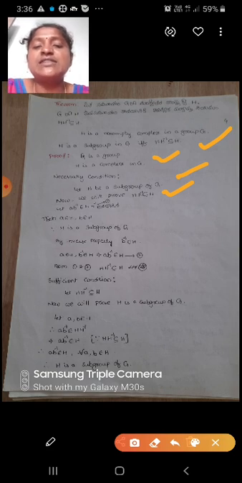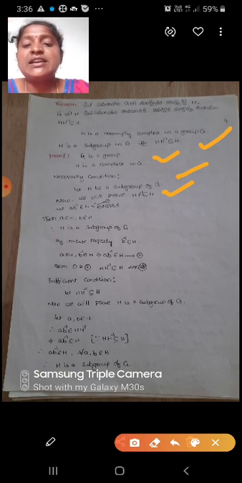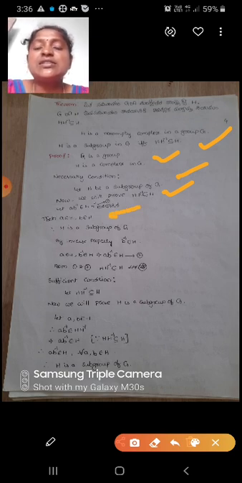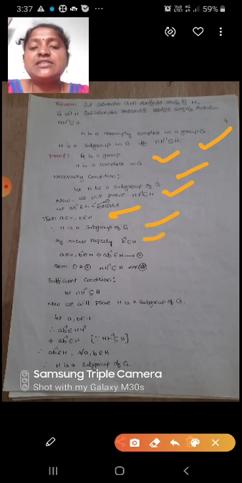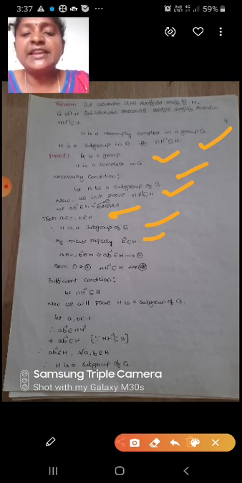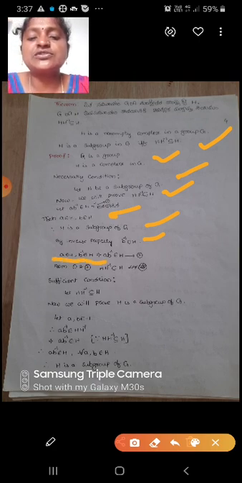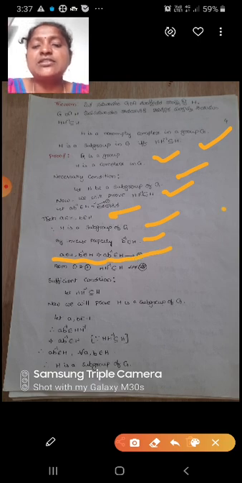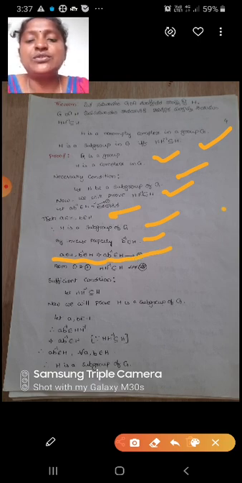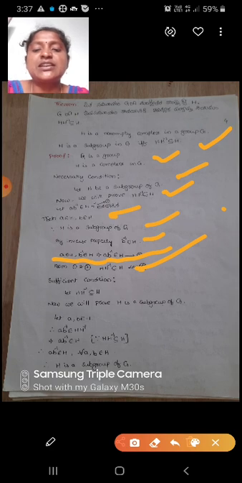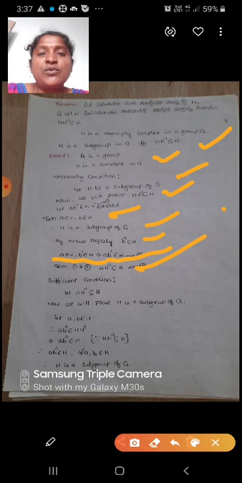Let AB inverse belongs to H into H inverse. So then A belongs to H, B belongs to H. Since H is a subgroup of G, by inverse property B inverse belongs to H. A belongs to H, B inverse belongs to H implies AB inverse belongs to H. From 1 and 2, H into H inverse is a subset of or equal to H. So necessary condition proved. Now we will prove the sufficient condition also.